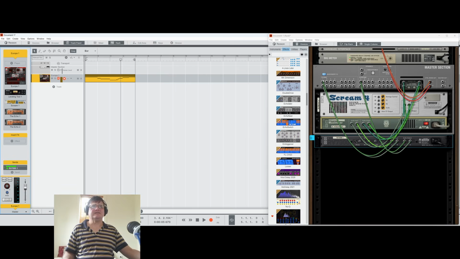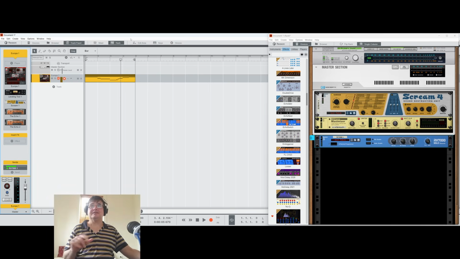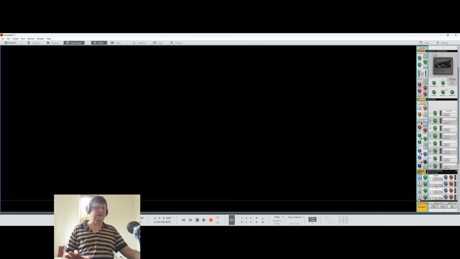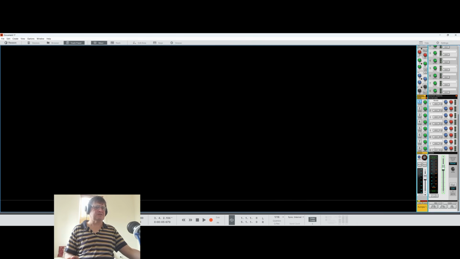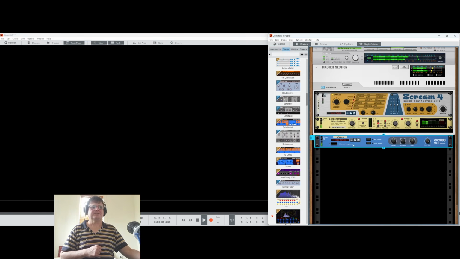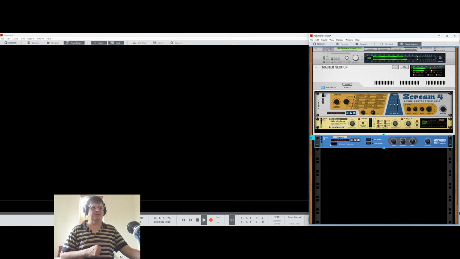The way that's wired is effect send out goes to the reverb. The audio out from the reverb comes back to effects return. Now, this is why I said you must set up your master outs the way that we do. If we go to return 1, we're now hearing just reverb. If we press rack, we get to see our rack here. Let's turn that off. And we can open our